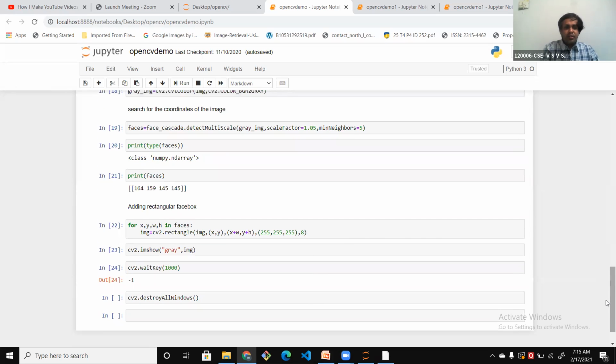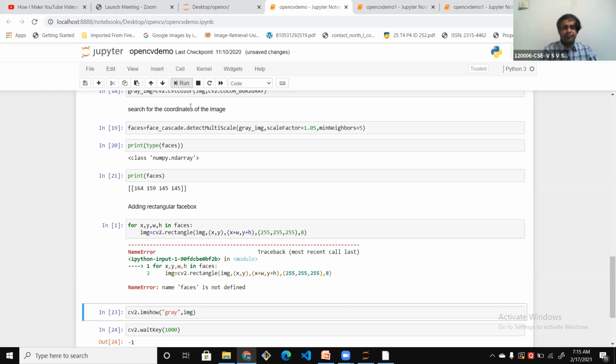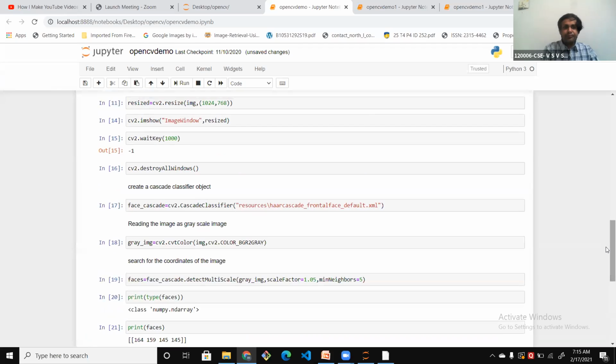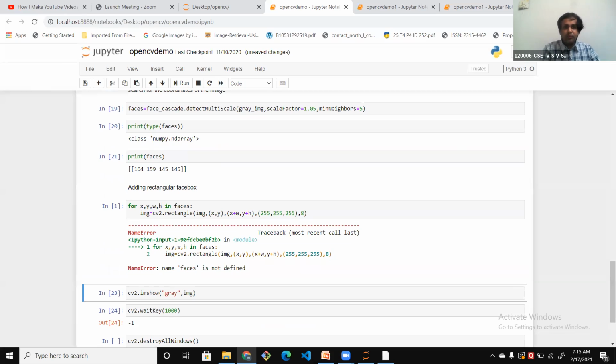Next, we are using the command rectangle to track the border in which the object has been detected and draw a rectangle around it. If you perform the entire process, let us see the output. One second, I'll be correcting it.